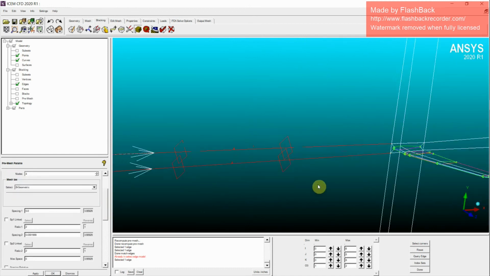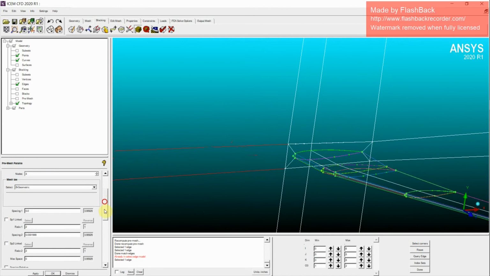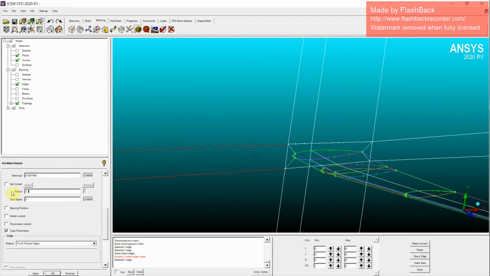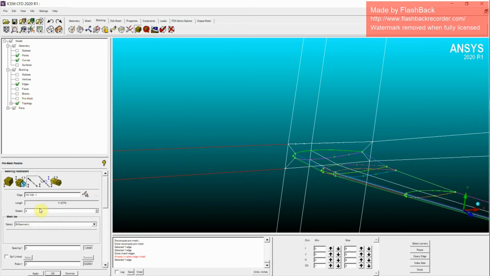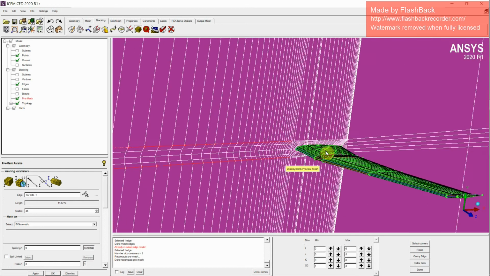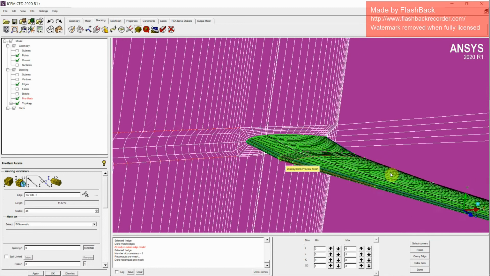Let me see what direction it is moving in. This is the first point, this is the second point. We can change the growth rate towards the second point to 1.1. We'll increase the number of elements here to 45. Pre-mesh it. Now you can see that moving towards the airfoil geometry, the number of elements is increasing, which is what we want.